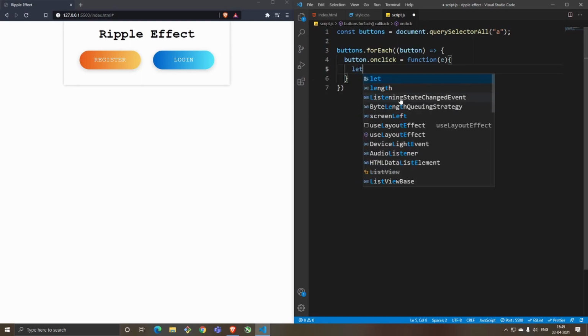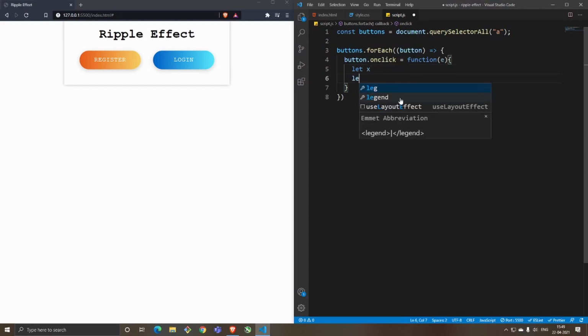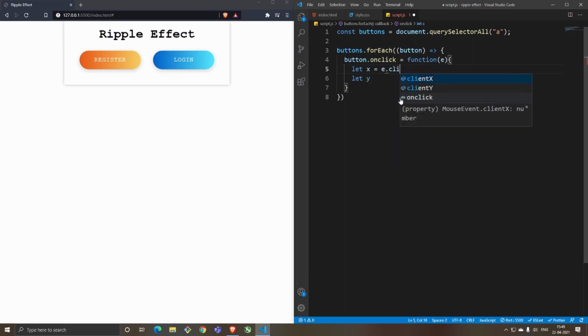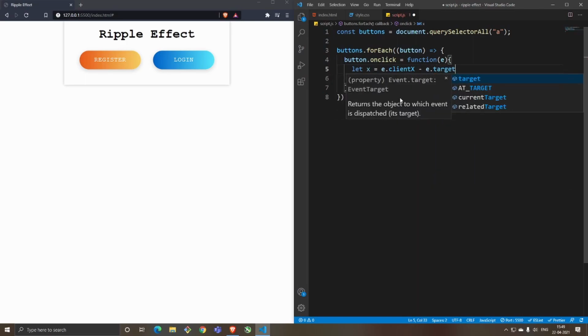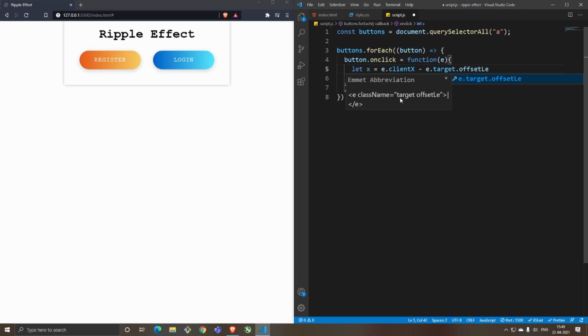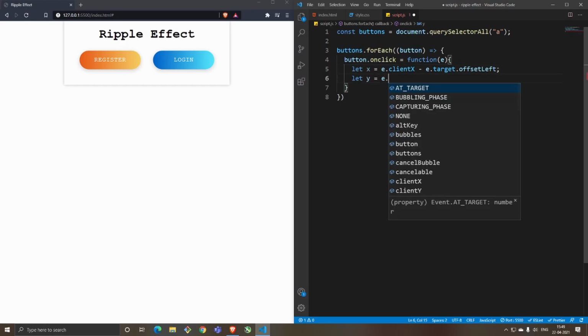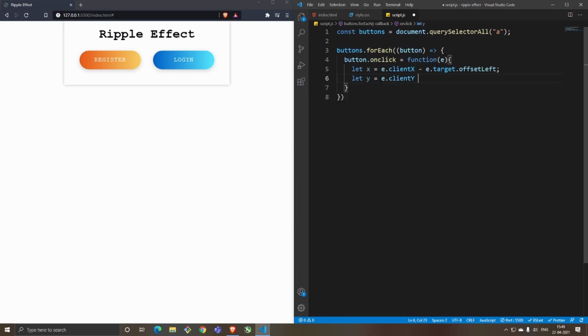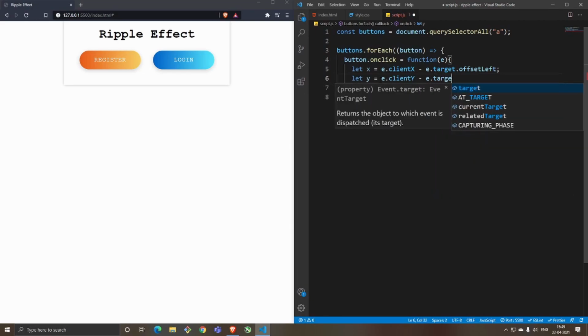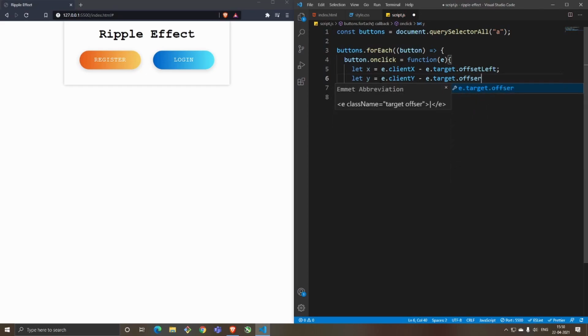So how we do that is we say a variable called x and we'll call a variable called y, and wherever the client clicks in, so we say clientX minus e.target.offsetLeft. So what we have said is x to be wherever you click and to be that end of that page, and similarly out here it will be clientY minus e.target.offsetTop, because it's the Y axis, so top bottom, X axis left right.